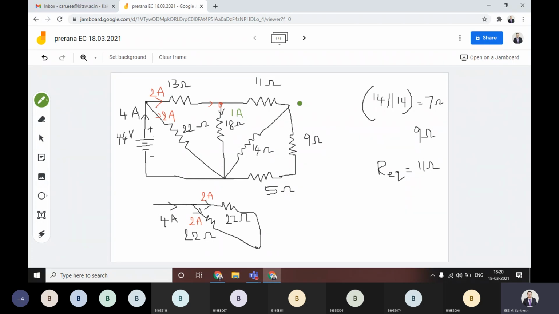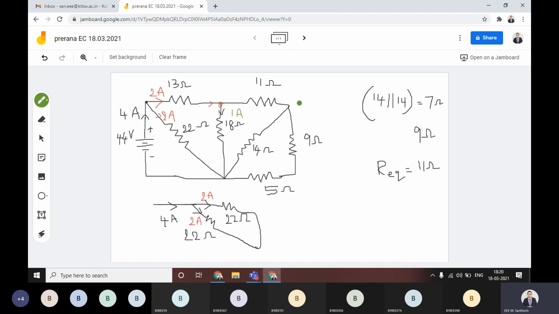Okay, this kind of problems they may give you. You understood? You have any doubt? Anyone? If you have any kind of a doubt, you can unmute yourself and you can ask. How we got 1 ampere? If you have doubt, you can ask. I hope it is okay with everyone. Okay, you're getting right, everyone? Yes, sir. Okay then.